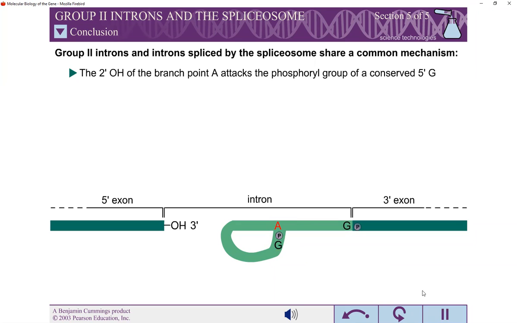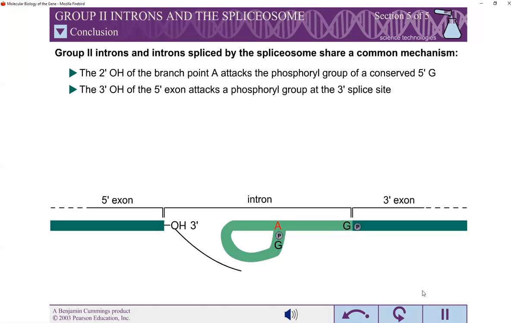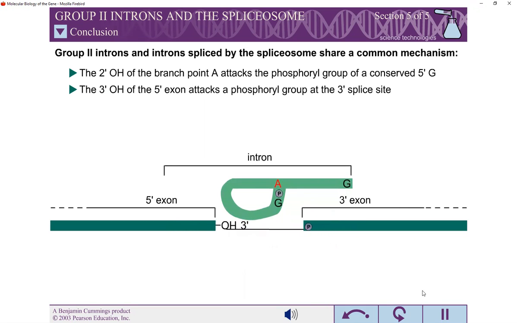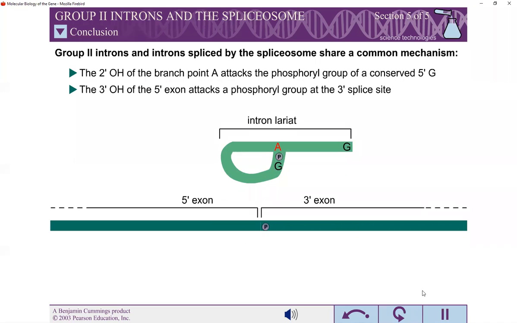In the second reaction, the 3' hydroxyl of the 5' exon attacks a phosphoryl group at the 3' splice site. This transesterification reaction joins the 5' and 3' exons and liberates the intron in the form of a lariat. Okay, this is it. Once it has been removed, this is the conclusion that we have obtained from the